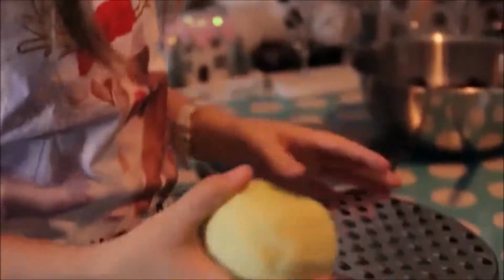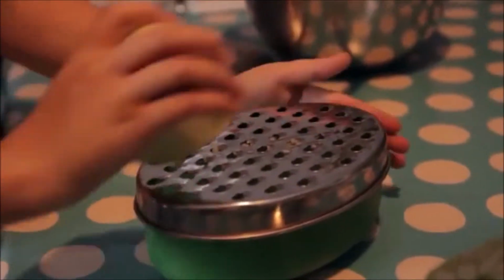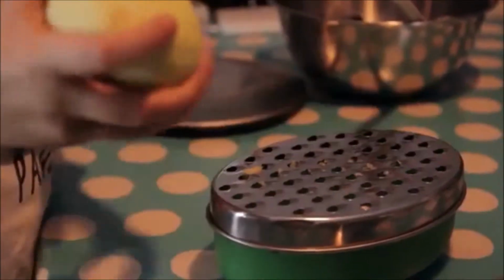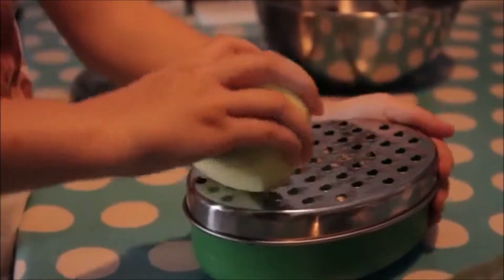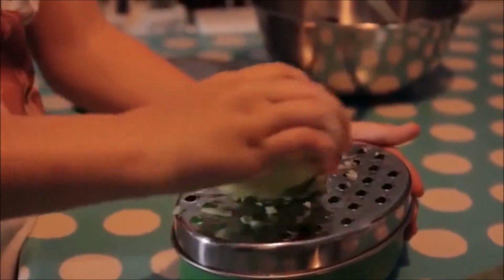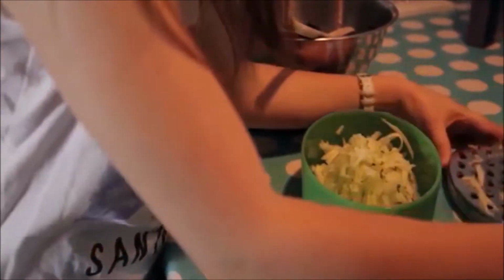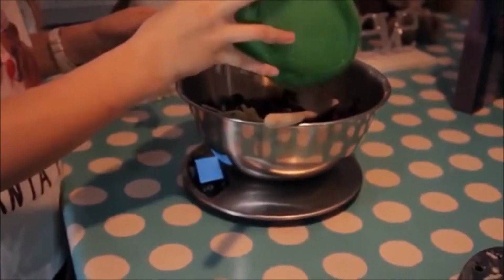So with my tiny apple, compared to Sapphire's, I'm going to grate it on here. Hold it the opposite way round so then the apple goes this way. So don't have it that way because it could slide towards you. And make sure your hand is not anywhere near these. And always have a parent around. Now I just put it back onto 0 and I'm just going to put this in there. How much? 175